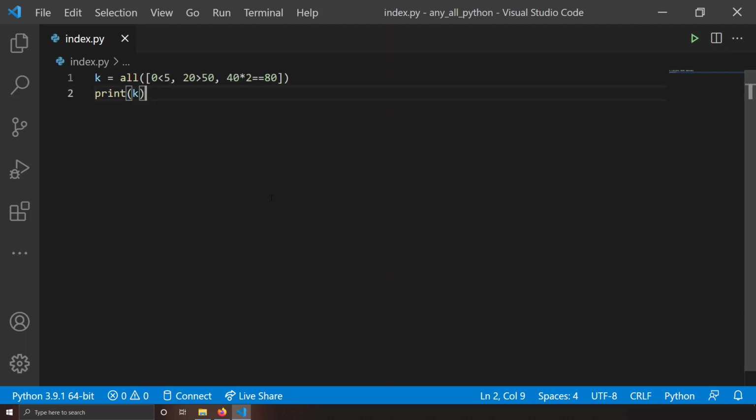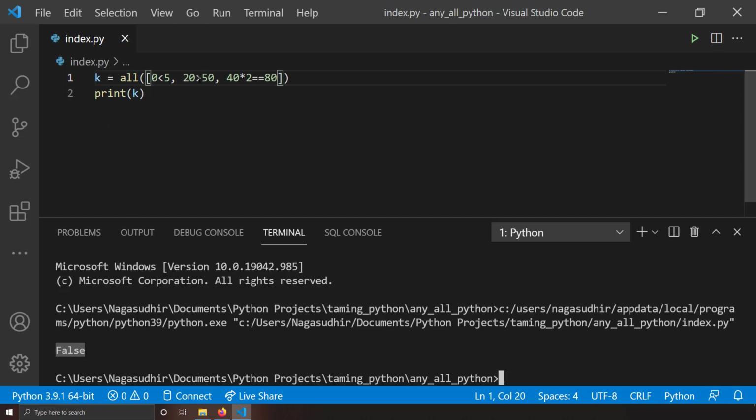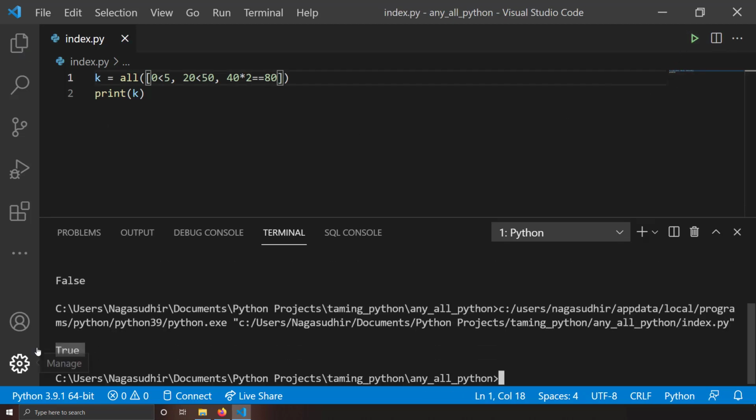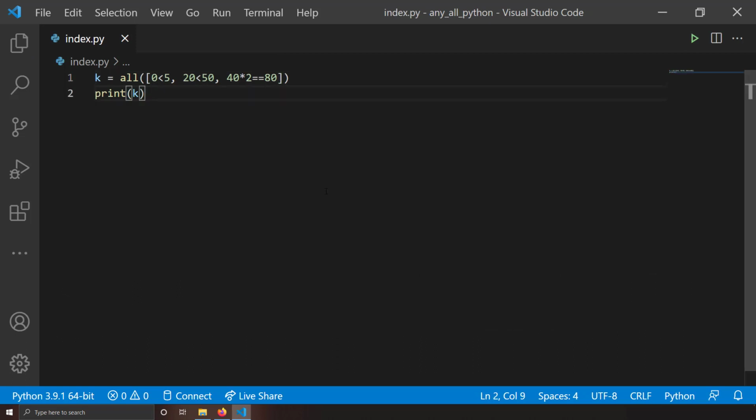Just like the previous example, here also we can see I have given some conditions and I am evaluating with all. So here you can see the first condition is correct, 0 less than 5, but the second condition is false and the third condition is true. So let me try to run this. You should get false because the second statement is not true. All will evaluate to true only if all the statements are evaluating to true, but this is not true because 20 is not greater than 50, right? So if I run this, the k value will be false. But if I make this 20 less than 50 and just save it and run this, now you can see my output is true. So this way, using the all keyword, you can evaluate whether all the statements supplied to the list are true or not.